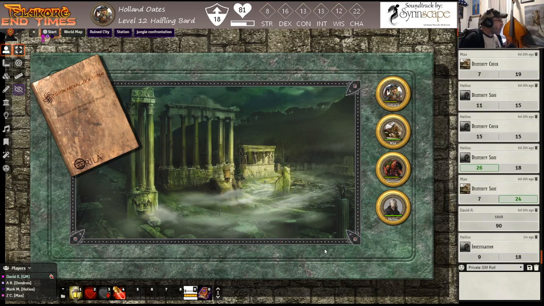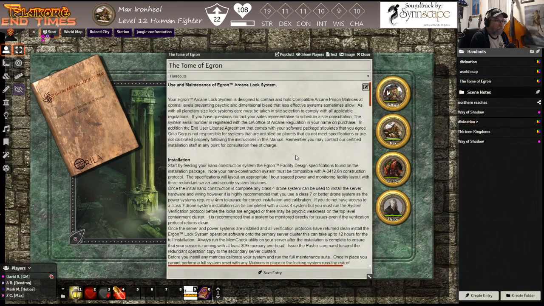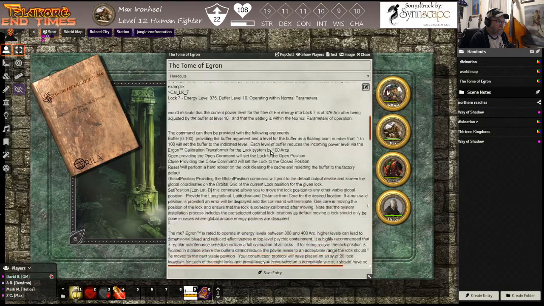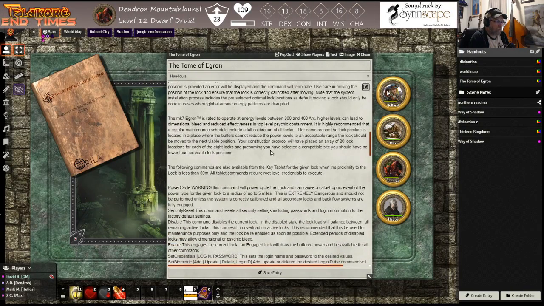Okay. Do you look at page 2 of the Tome of Agron? It's got stuff about setting energy levels and buffer levels. Yeah, that's why we use the calibration tool, because it automatically will find the best buffer level for it. Okay. Well, at least for the preservation of the lock, which, I mean, that's what I'm in this for, so...